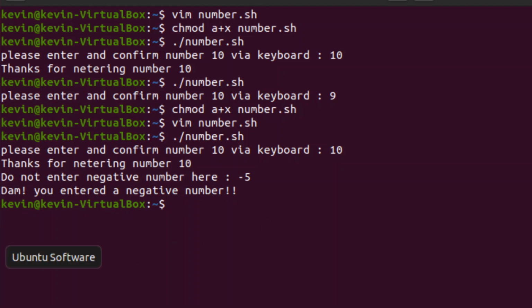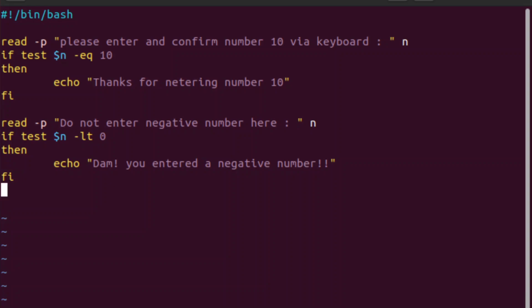Next, we're going to look at the dash LE, which is less than or equal to. Okay, so I'm going to enter that script again. I'm going to start up another if-then statement. So, I'm sorry, I'm going to do a read command first, dash P. Enter backup level. If some of you took some of our previous courses, you'll be familiar with backup levels. We're going to store that value into variable n. Okay, so if test statement variable n is dash LE less than or equal to 6, then echo